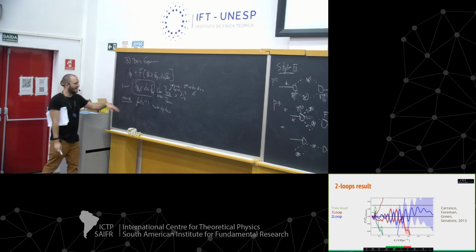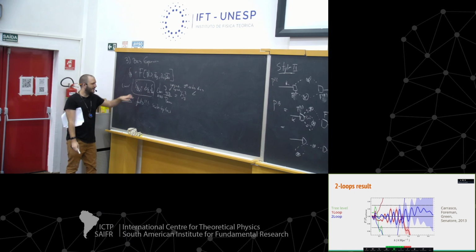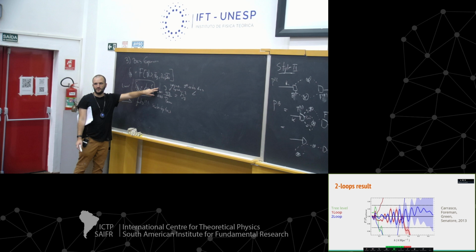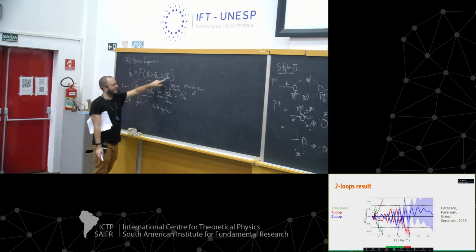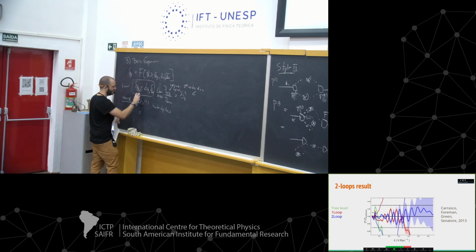Which is basically trying to correct this or to promote this B of delta, just that you have some k dependence. But here we're not going to try to do something like this, but instead we're going to ask what are the other kind of operators you can add to preserve the symmetries, that, as I said, boils down to include basically derivatives of phi g and phi v that allow you to write down the most generic expression for f here. So I'm going to promote this, and so the next guess people had here, like, okay, first people tried this, and then the next thing they try is to promote this to also include something like